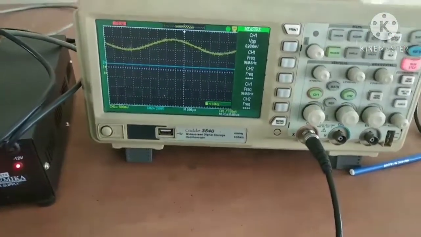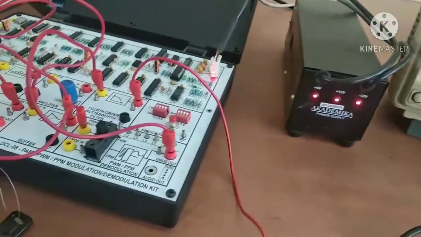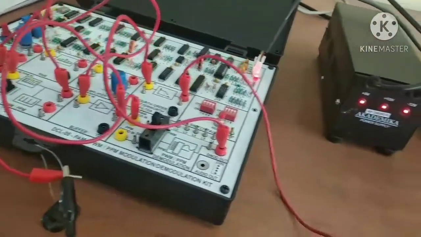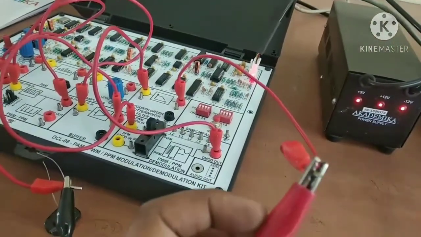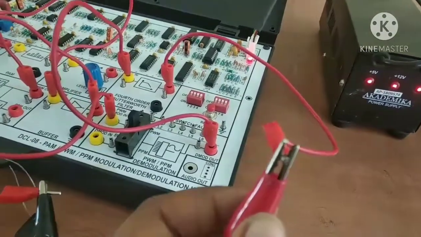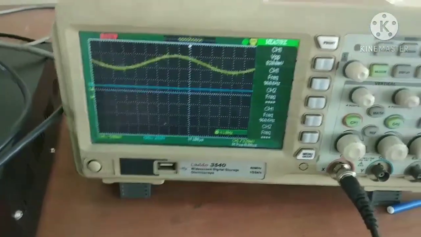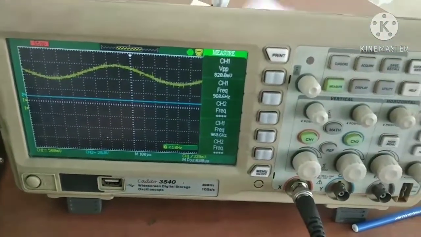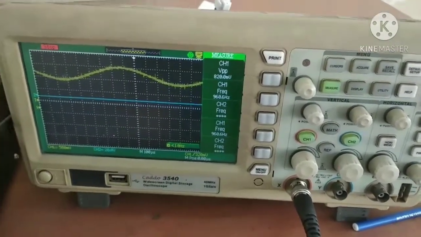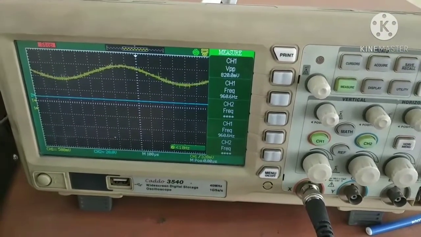Now it is time to observe the demodulated signal. For measuring the demodulated signal, the negative part is connected to common ground and the positive part is connected to the demodulated signal at the Butterworth filter output. Then we observe the DSO screen. The signal is present, and by setting auto, measure and run stop, we get the demodulated signal. Its value is showing on the DSO.